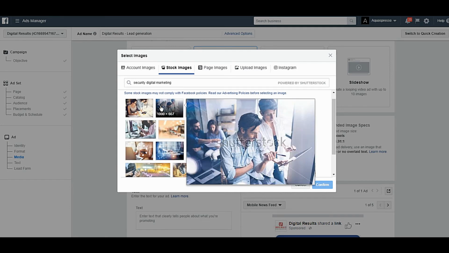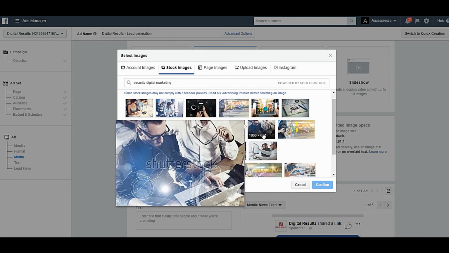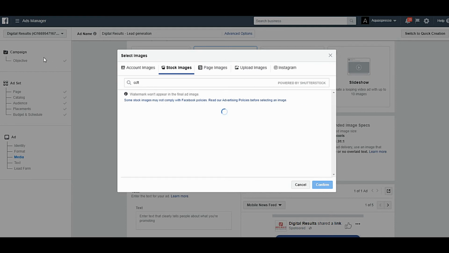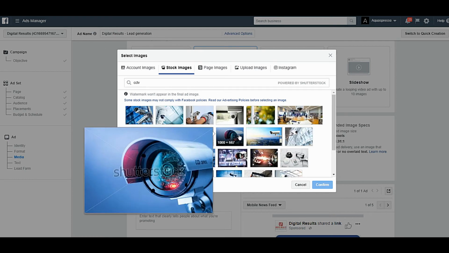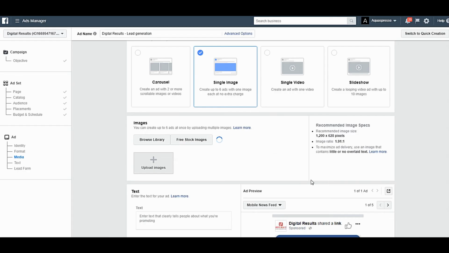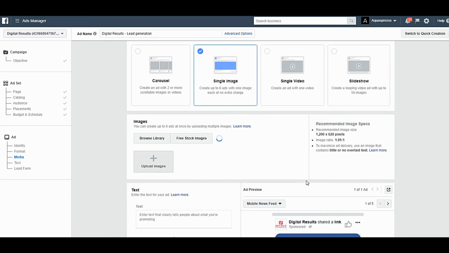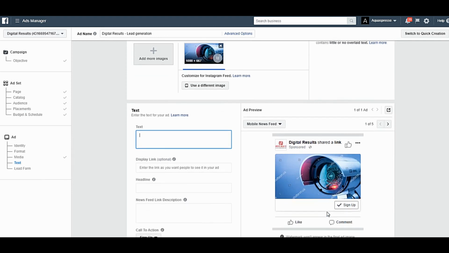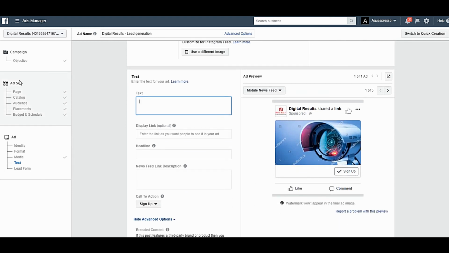You can use stock images, you can use other images, it doesn't make a difference. Let's use something which is more along the line of one of the products that he does. So let's say CCTV. Let's use one which is not related to digital marketing, but at least related to security, to hopefully catch his eye. So here's our ad, and we're going to type copy, which again is only going to be seen by him,